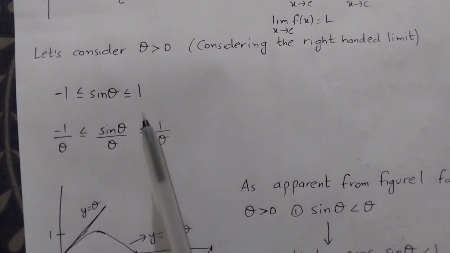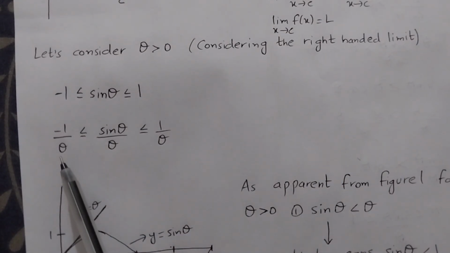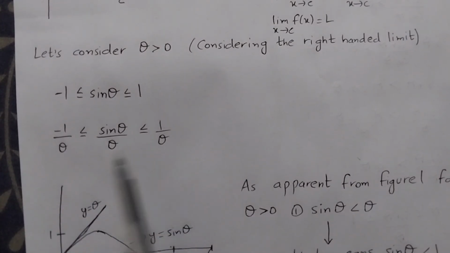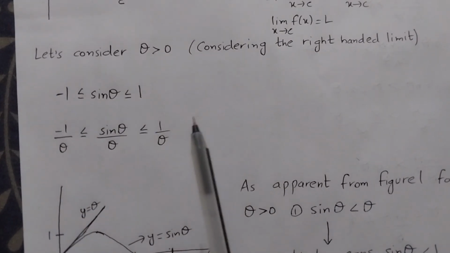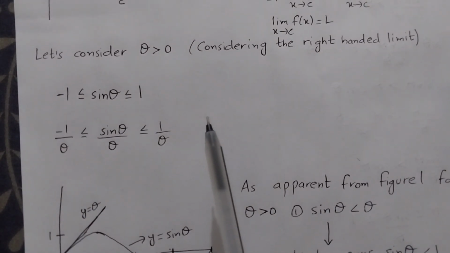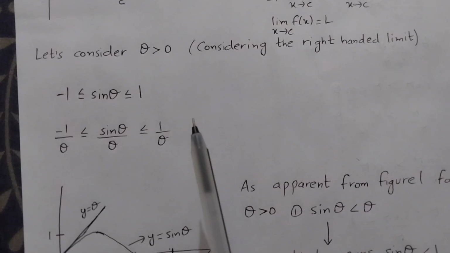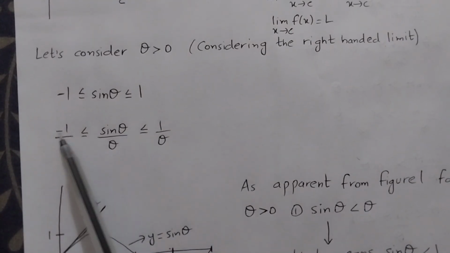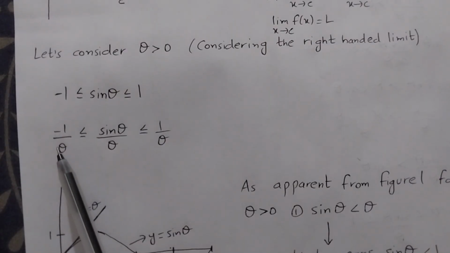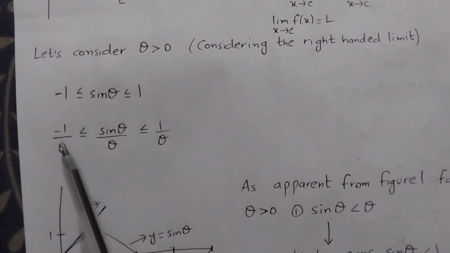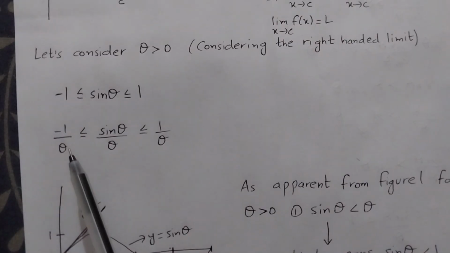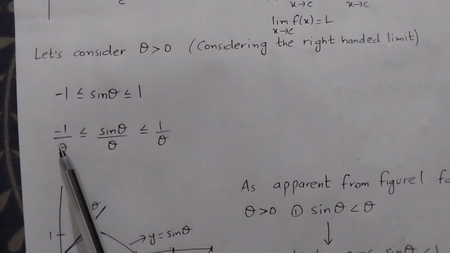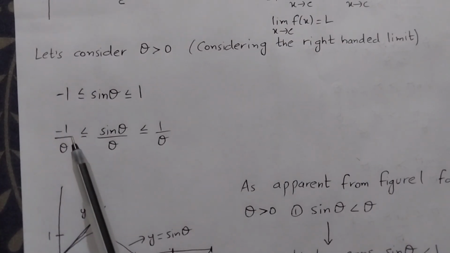Doesn't matter, whatever the independent variable. So we are interested in finding the limit of these extreme functions. And what is a limit? The limit is basically the value which a function approaches when the independent variable approaches a certain value. So the independent variable, theta, is approaching the value of 0 from the right hand side. So minus 1 over theta will approach negative infinity,